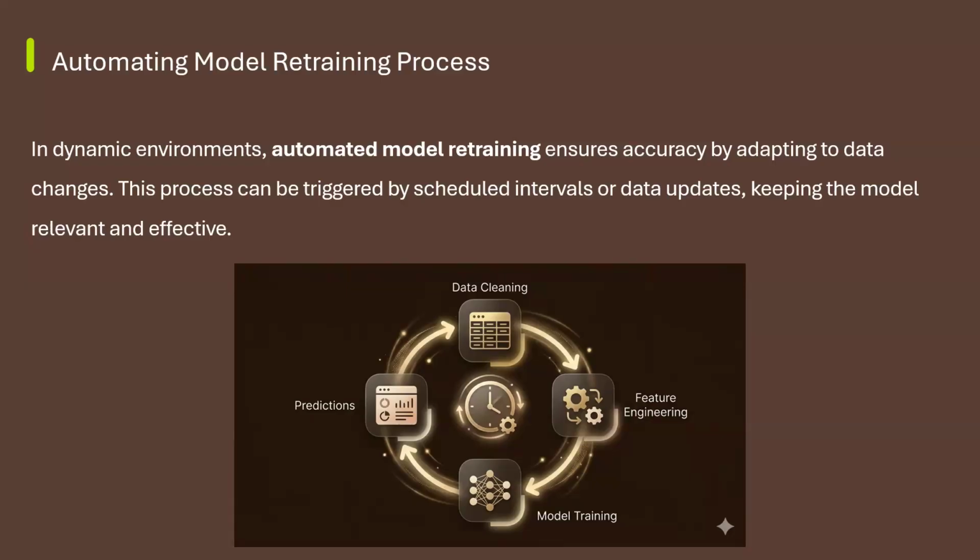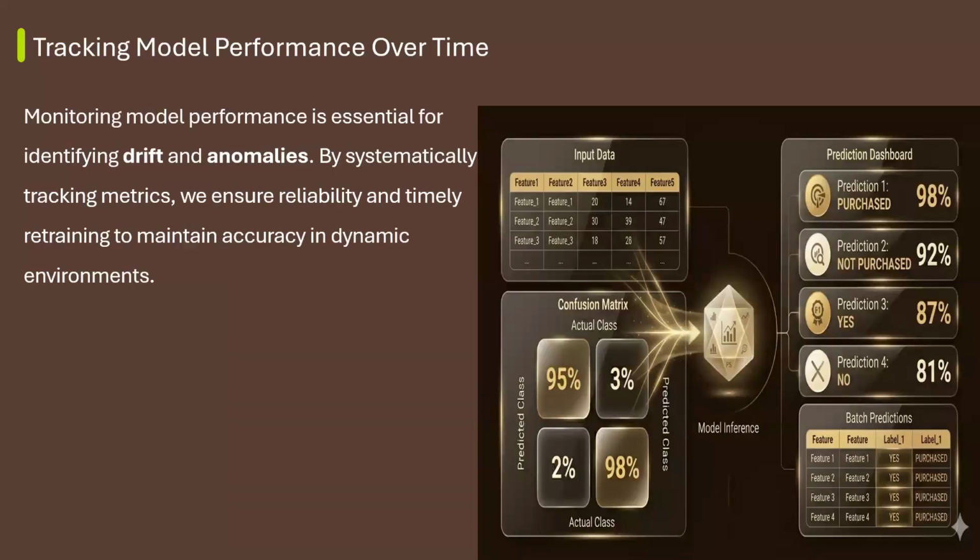So that's what it is to automate the model retraining process. Another key element in the machine learning lifecycle is monitoring your model's performance. Monitoring is very critical for ML pipelines because it allows us to track performance over time.